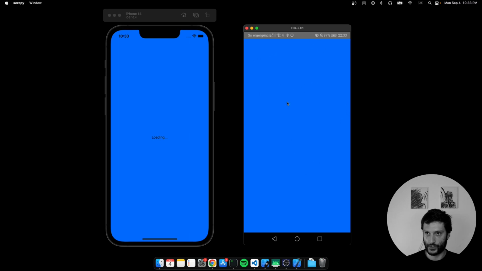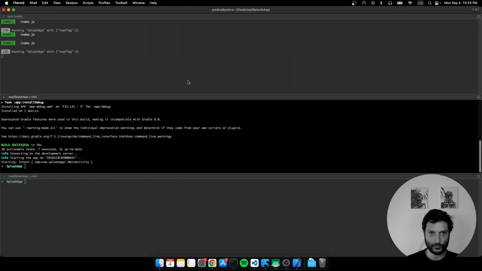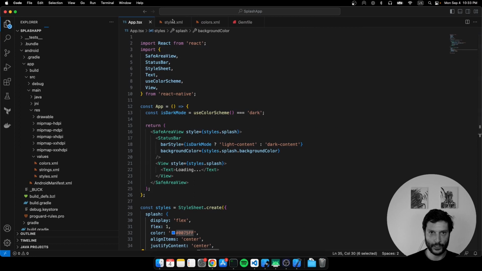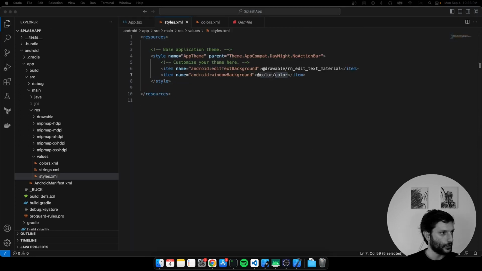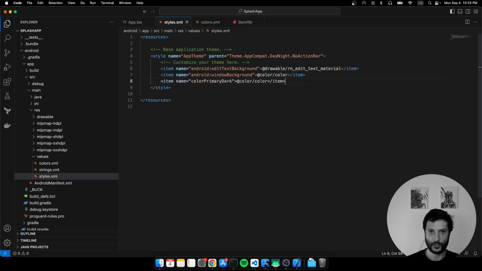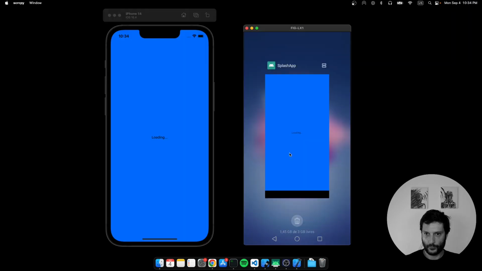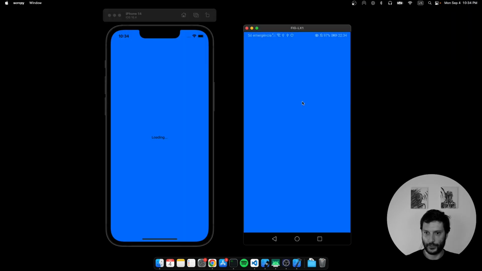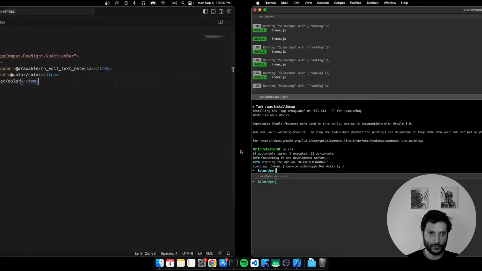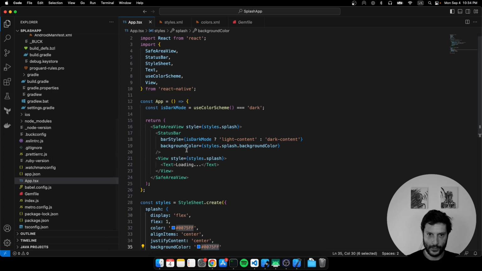Now you see there's a black background, blue background, right? And there's one thing, which is this one here. Let me see, because the status bar was not blue. If I go back to styles, now I will borrow this as well. I will also borrow this one, and let's do it again. Okay, cool. So now if I open the app again, I can see there's blue, white here, and then there's loading black. Okay, so let's see if we can fix that, because maybe at the app style, the bar style,